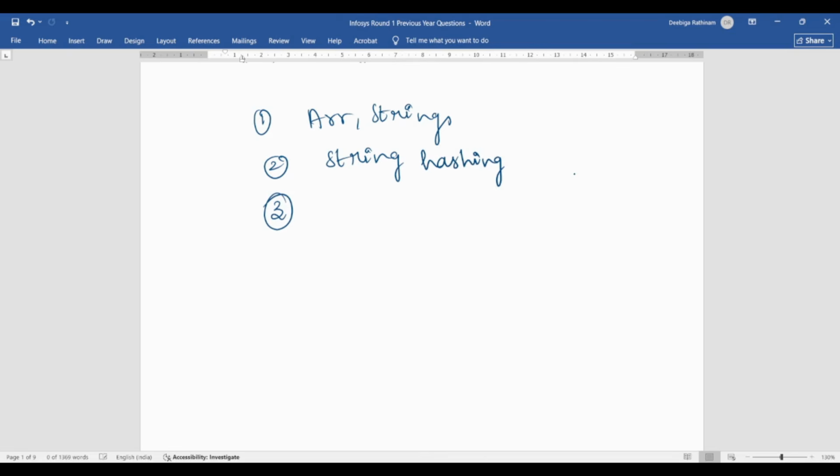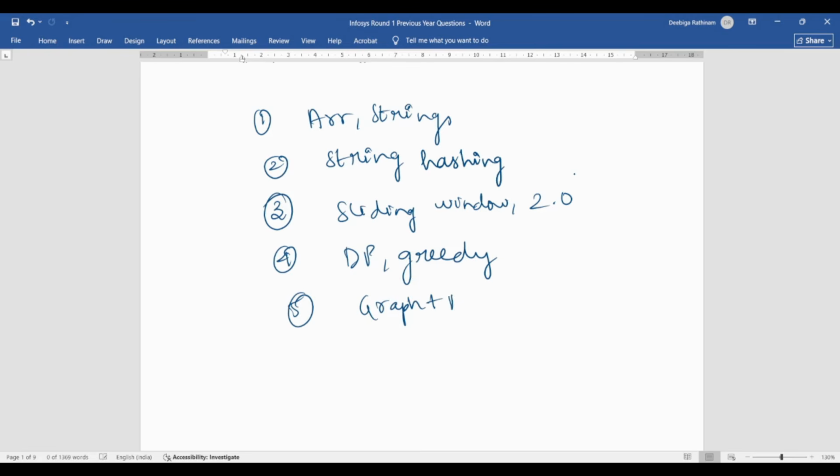Third, we saw sliding window, two pointers, and then dynamic programming, greedy, graph plus DP, tree plus DP. What else? DP, 2D DP, partition DP.